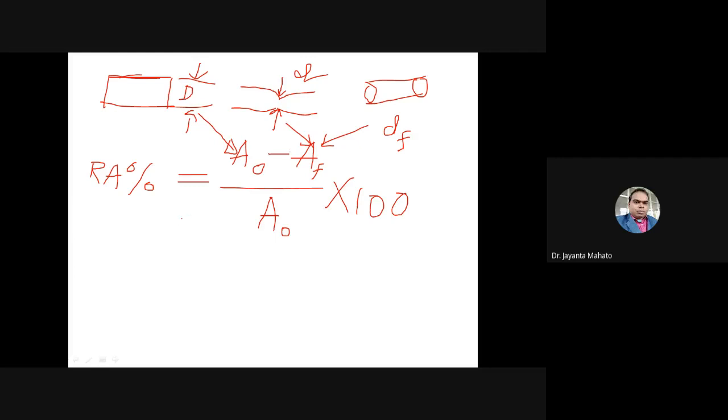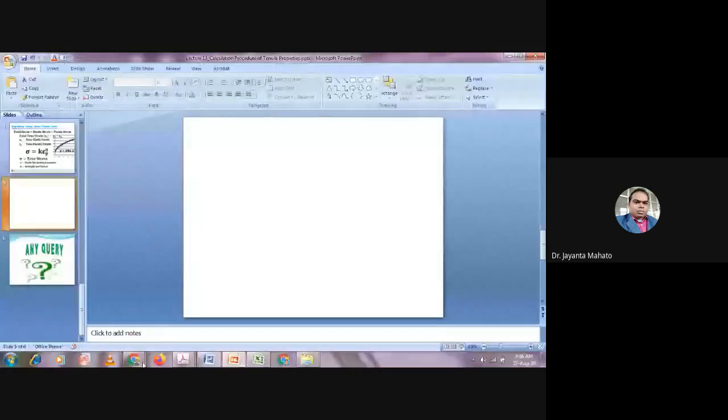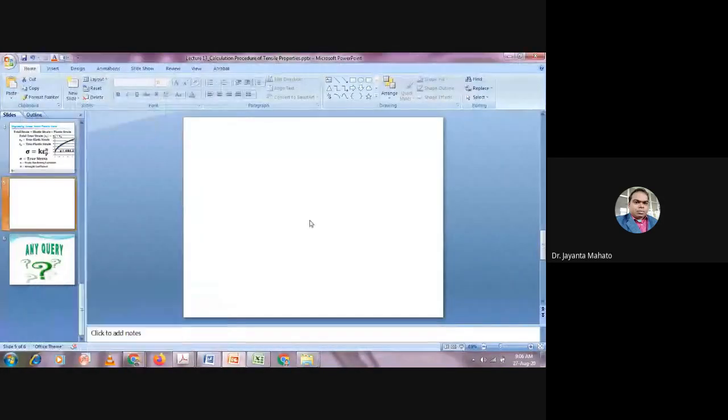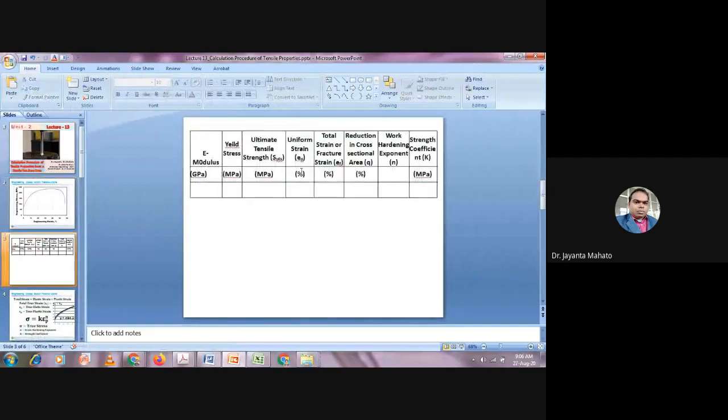So you can calculate the different tensile properties from a tensile test. Okay.